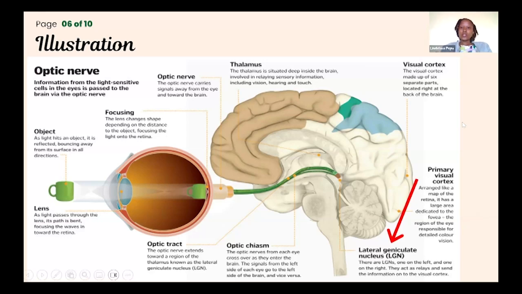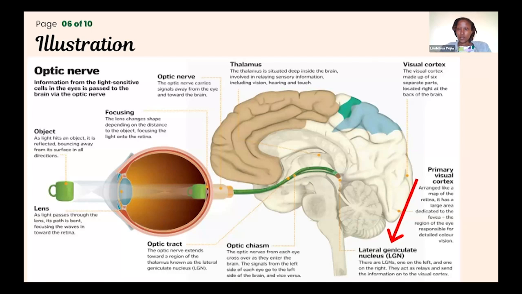So this is an illustration of how the brain sends a message to the eye. And I'm sure we will all agree that before we learn how to write CUP, which is the word cup, we are first taught how to identify it, to see it from as young as 3 or 4 years old. And before we learn how to write it, we identify it through color and how it looks. And this is exactly what this illustration demonstrates.